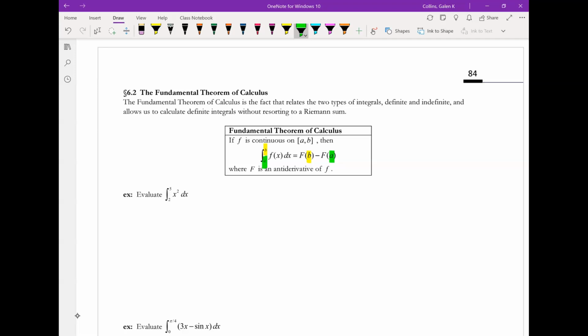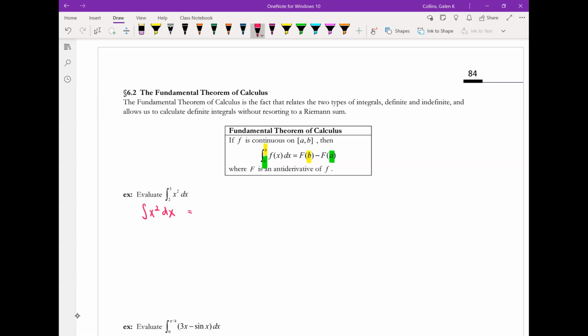So in section 6.1, we learned that when we find an antiderivative, we have to include a constant of integration. And I'm going to show you one time in this first example why we do not need to find the constant of integration here. So for this first example, instead of evaluating the definite integral, I'm going to find the antiderivative with the indefinite integral first. So if I just drop the limits from 2 to 5,